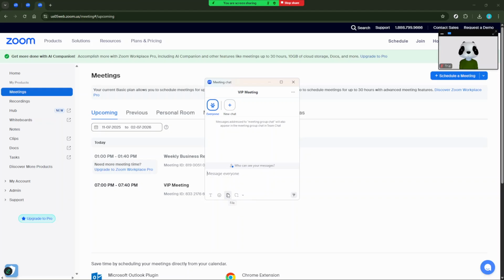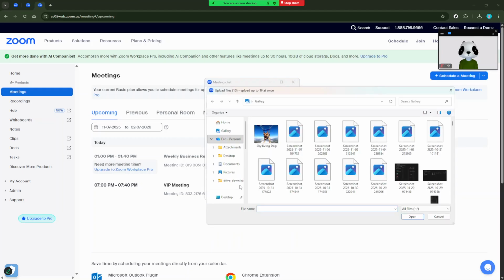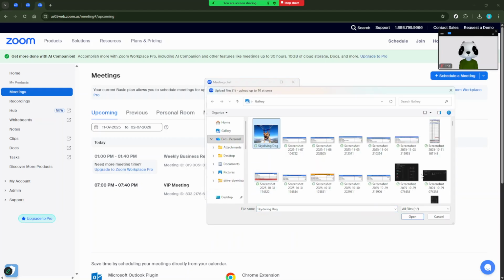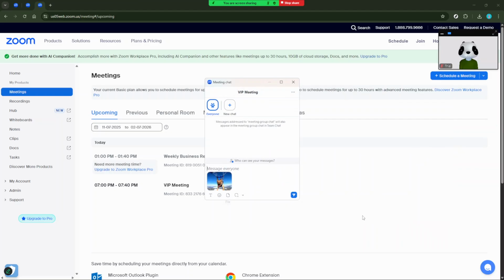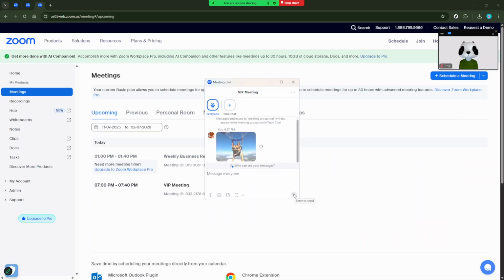Where you choose the file depends on where it's saved. If it's on your computer, navigate through the File Explorer to locate it. If it's stored on Google Drive or OneDrive, you'll need to sign in to allow Zoom to access your files. Once you've located your file, click on it and hit Send. This action will upload your file to the chat, making it instantly available for everyone in the Zoom meeting to download or view. With these simple steps, you'll be sharing screens and distributing files like a pro in no time.